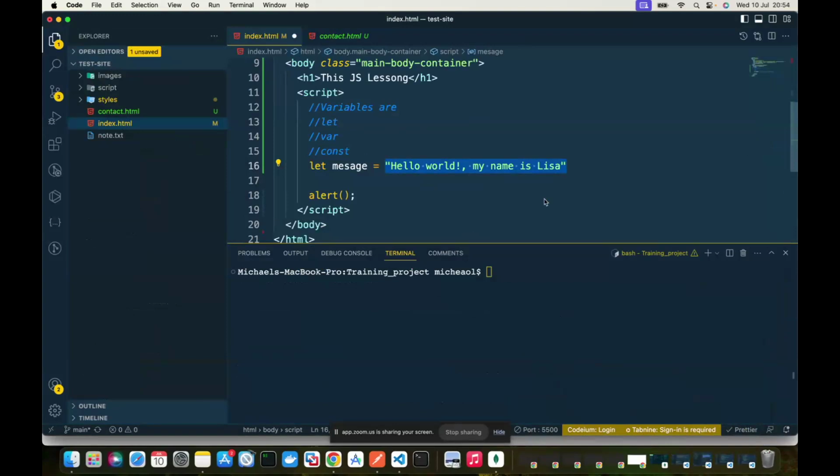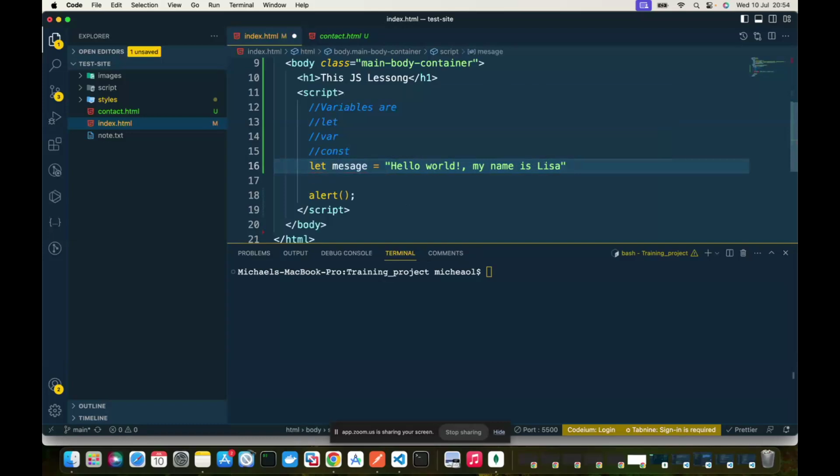Two weeks ago when I wrote the code, it was me and God that understood it. But today it's only God. So you don't want to find yourself in that position. So your variable must be meaningful. And you shouldn't start your variable with a number. You can see the moment I type a number, what happens to it? I'm seeing an error immediately.